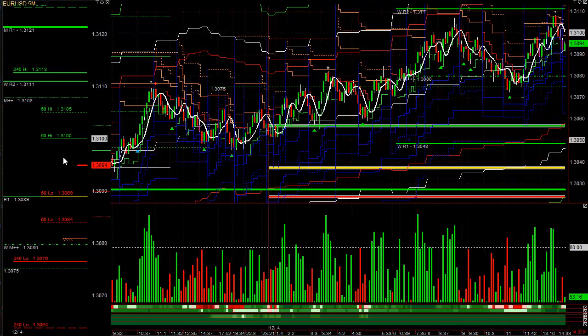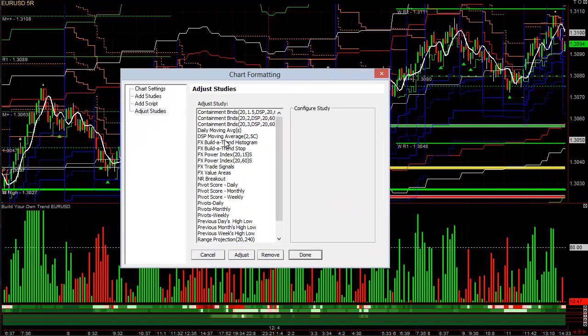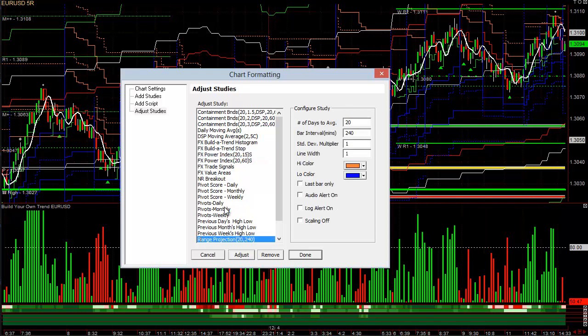And I discovered this yesterday. I've been trading for a living for the last few weeks, and I got into a trade yesterday in the pound dollar, and I was a little bit early. And I thought, well, I can't have all this stuff on the chart and still be able to trade. It's just too cluttered, as you can see. It just looks horrible. So as you can see, if you remove some of these tools, especially the range projection,